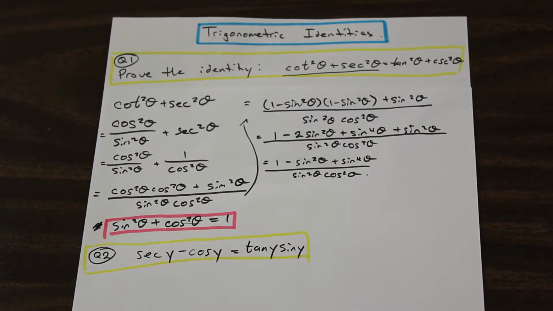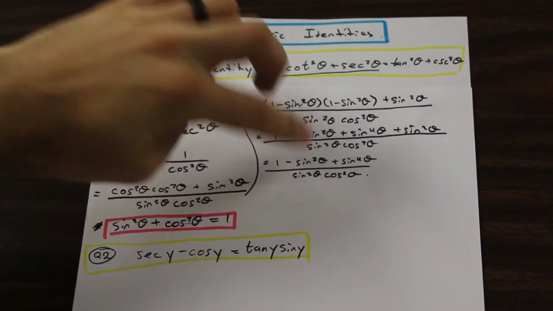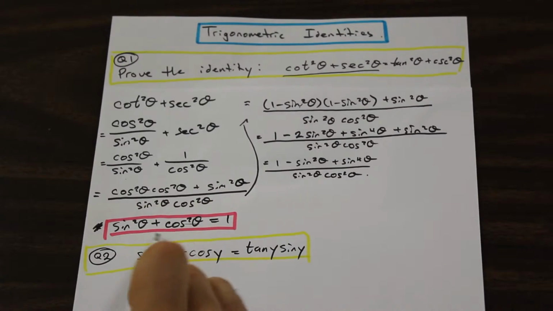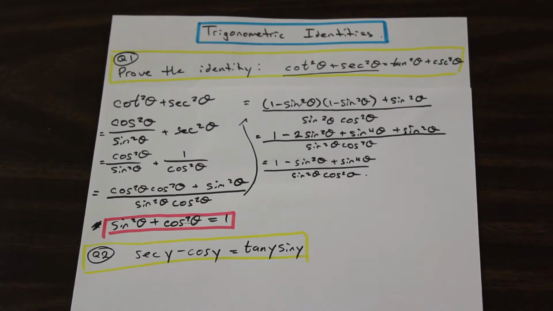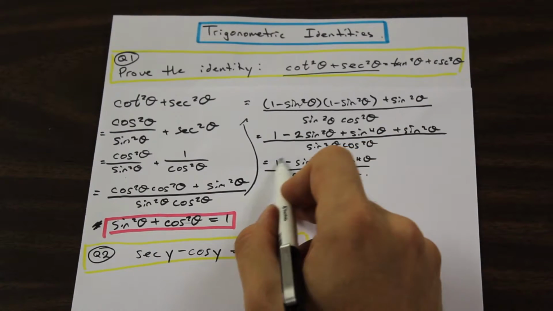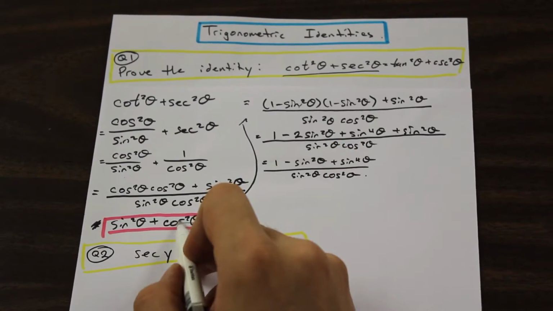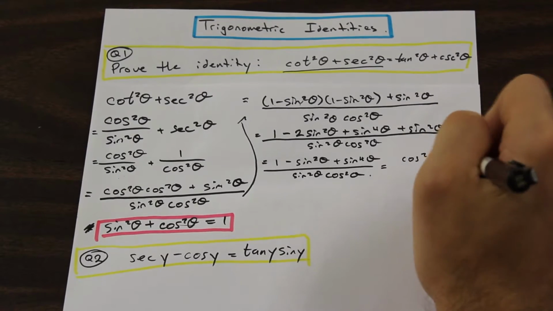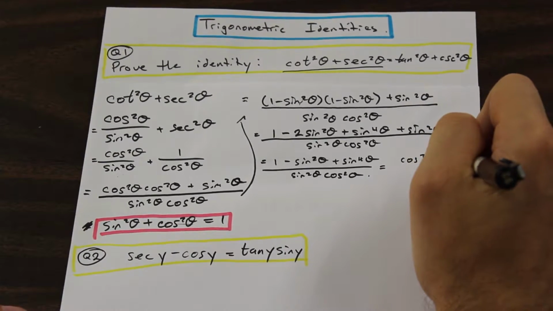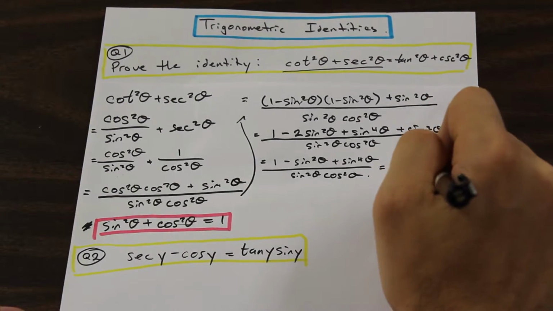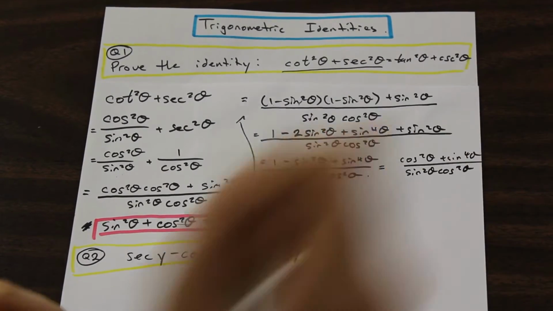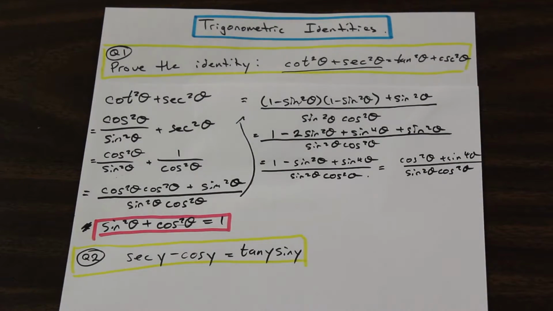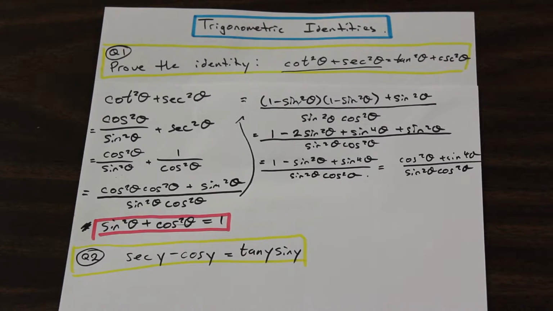Okay, so now we're getting to something that we can really work with here. And as you can see here, all right, we have another identity. So if we solve for cos squared theta here, we can substitute this whole term for cos squared theta. So let's go ahead and do that. So cos squared theta plus sine to the 4th theta over sine squared theta cos squared theta. Okay, and well, what can we do next? What we can do is we can,